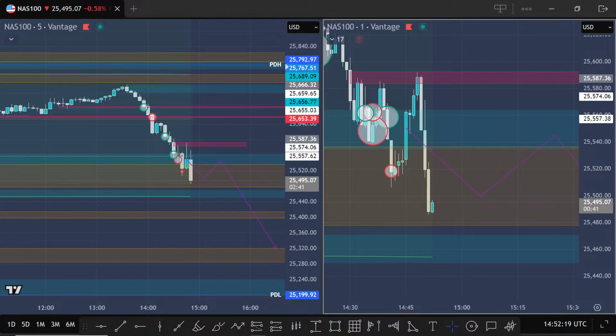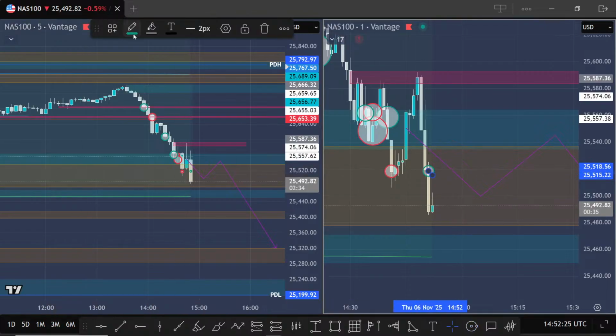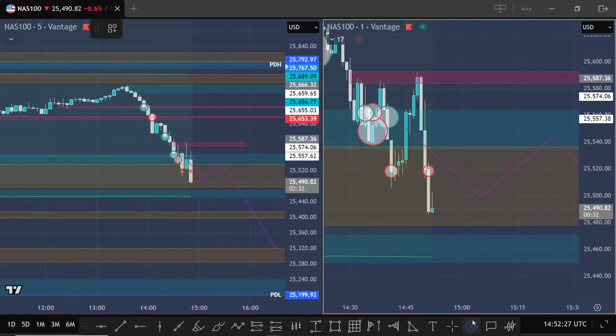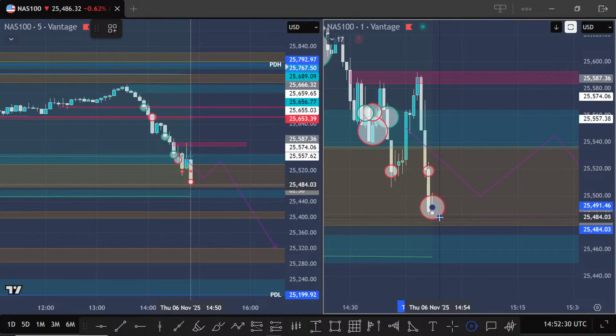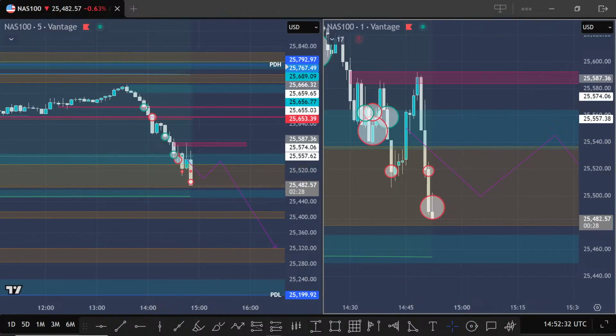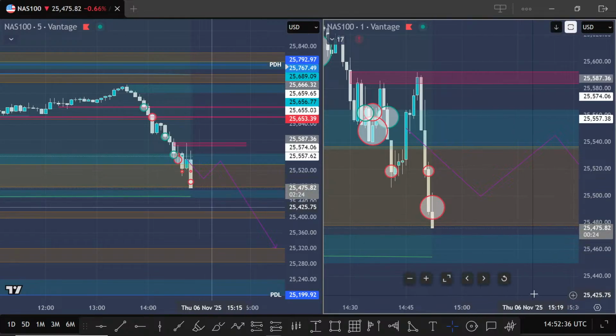That's a big sell come in just now. So we've got a sell there. The biggest trade of the day so far there. And we're following this now. I'm in here. I'm in this trade